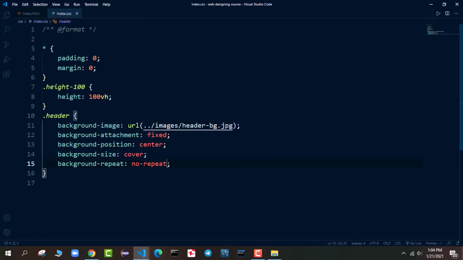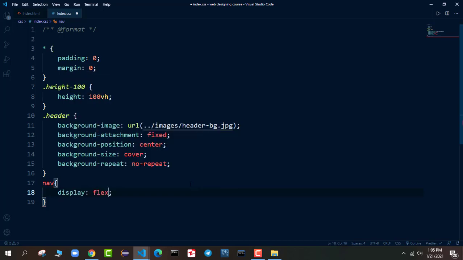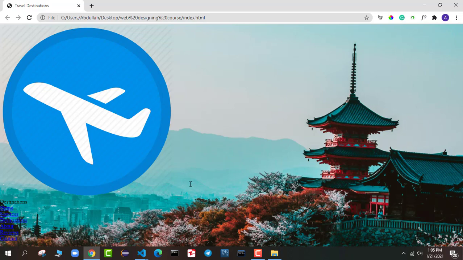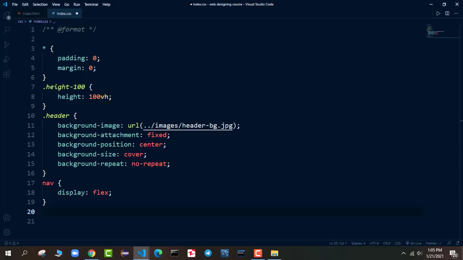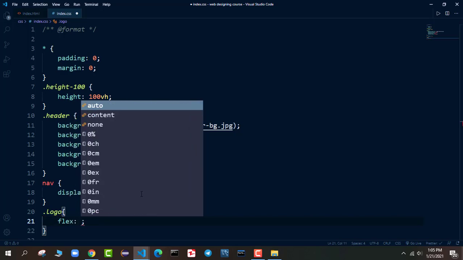Now let's go back in the CSS file. Now here we will style our nav tag. So I will say nav. Now in the nav tag we want to make them display flex. So I will say display flex. So if I say display flex, these items will come out there. That's all that we need to do here. After that I want to set our logo class. So I will say logo. I will say it will reserve flex 1.